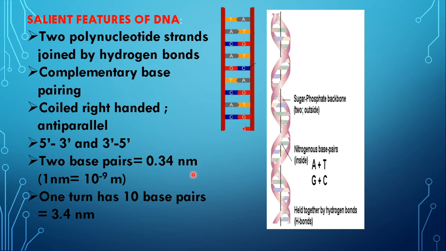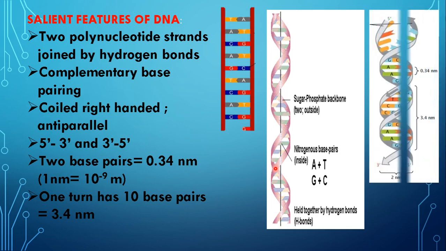It's 0.34 nanometers. And one complete turn means from here when it starts until it reaches the same position. That one complete turn is made up of 10 base pairs. So we can estimate the distance covered in one turn. If the distance between two base pairs is 0.34, it's quite obvious that 3.4 nanometers is the distance of one turn. So after every 3.4 nanometers, there will be one turn or one complete coiling of the